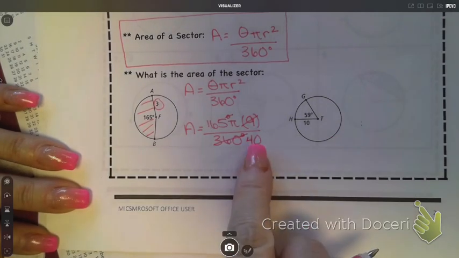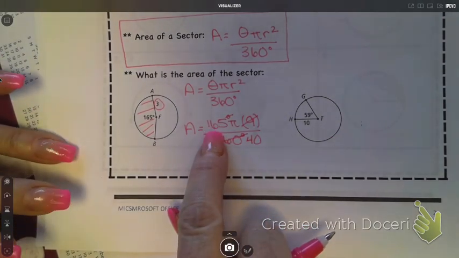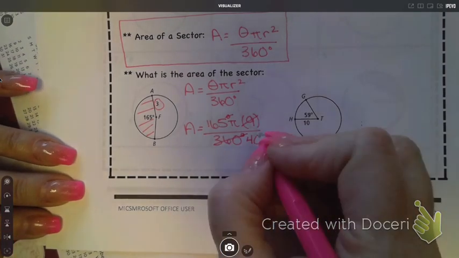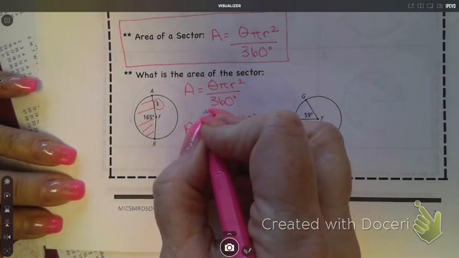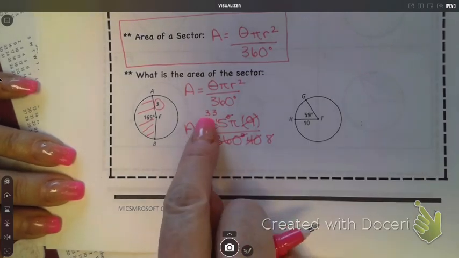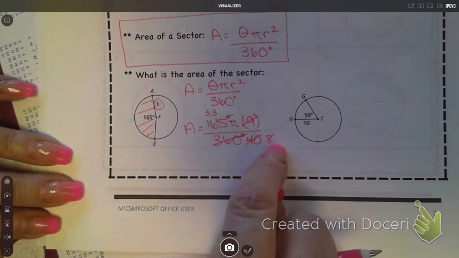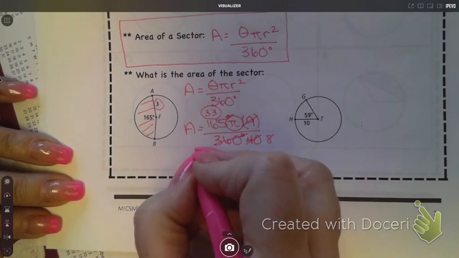Does something go into 40 and 165? At least 5, right? So 5 goes into 40 eight times. 5 goes into 165 33 times. So 33 is 3 and 11, yes? Does 3 or 11 go into 8? Nope. So I have 33 pi